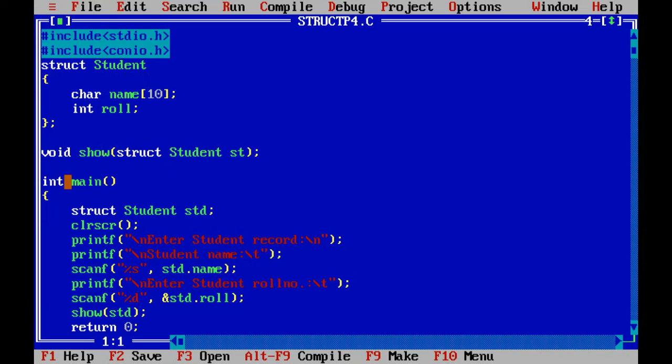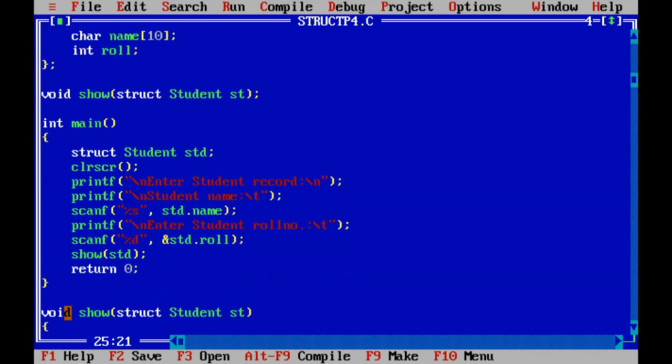Then in int main I am accepting the student record, the student name, which is stored in std.name. std is the structure variable, then the student roll number is accepted in std.roll, then we are calling the function show(std).